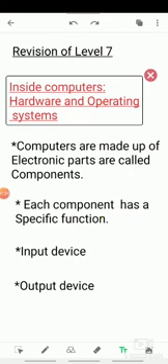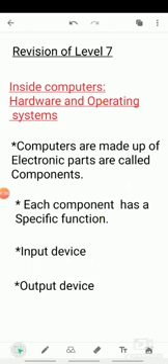What are the parts of a computer? Monitor, keyboard, mouse, speaker, printer, CPU and UPS. These are parts of a computer. Each part has a specific function.